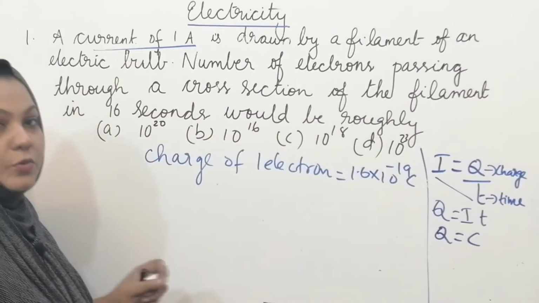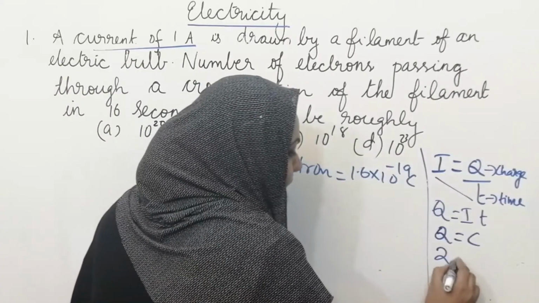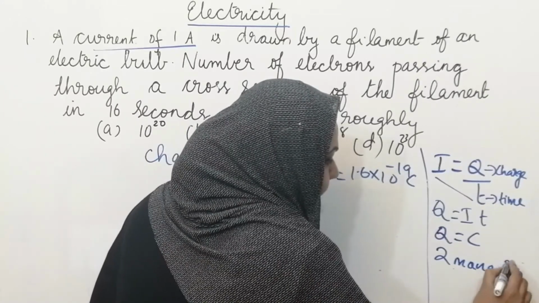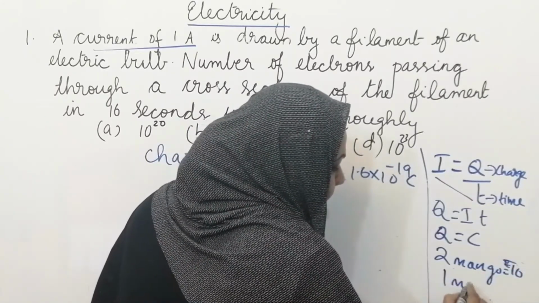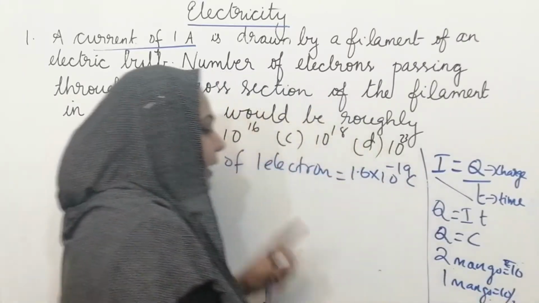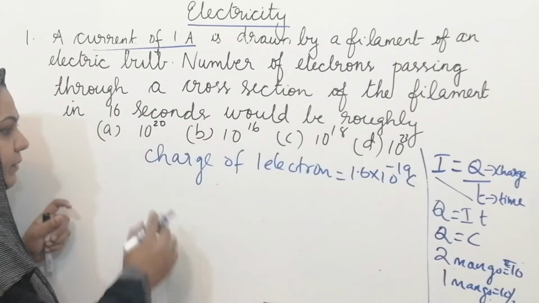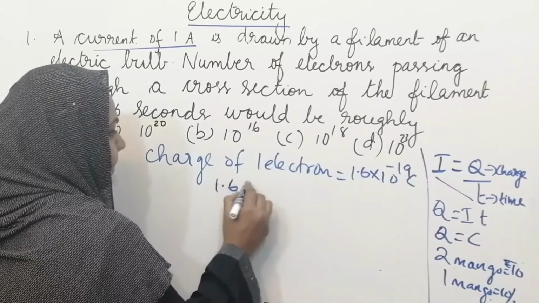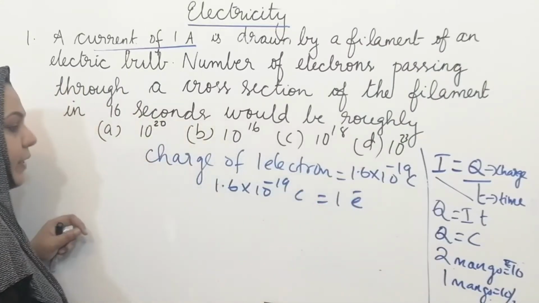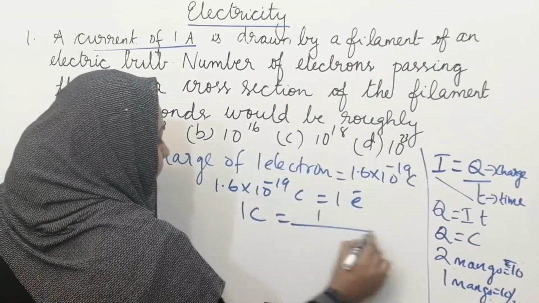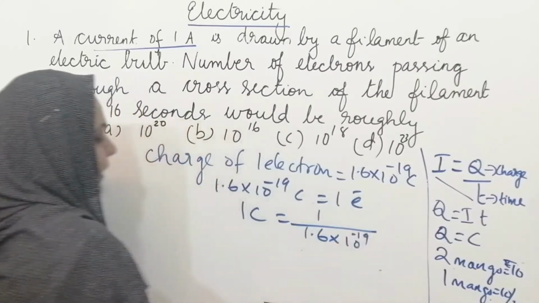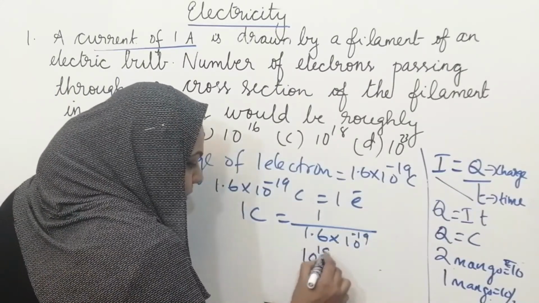So according to the unitary method, for example, 2 mangoes are equal to 10 rupees. So how can we find 1 mango? We will find 10 by 2, 5 rupees. Correspondingly, we can do the same here. We know that 1.6 into 10 raised to minus 19 coulomb is 1 electron. So how can we find 1 coulomb? 1 divided by 1.6 into 10 raised to minus 19, which is 10 raised to 19